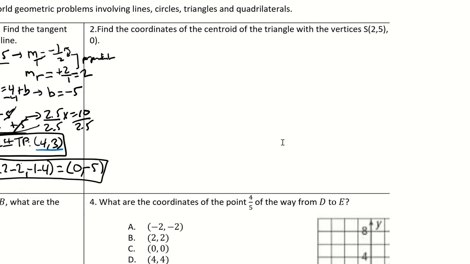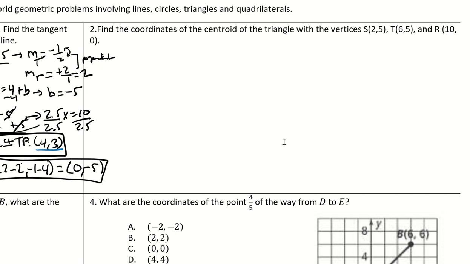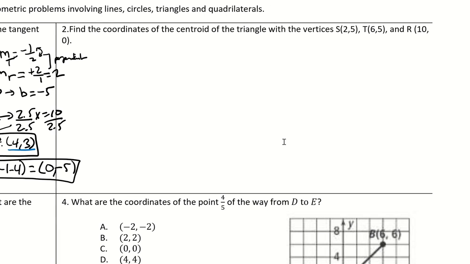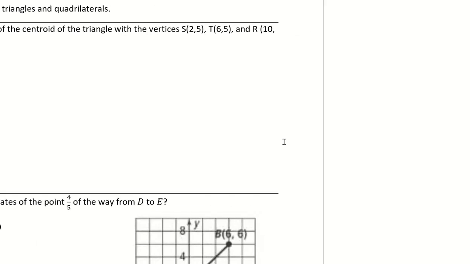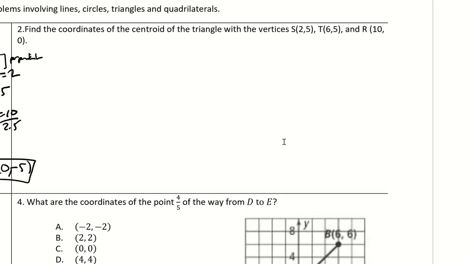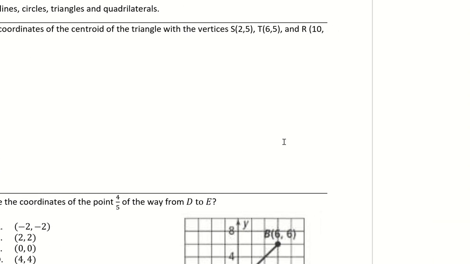All right, so number 2, find the coordinates of the centroid of the triangle with the vertices S, T, and R. Okay, so we didn't get a chance to go over too much on this topic, and so this is why I'm going to try to explain this the best I can. I'm going to take a little time to explain this concept because this is something we didn't get to touch upon in great detail. So when we study triangles,